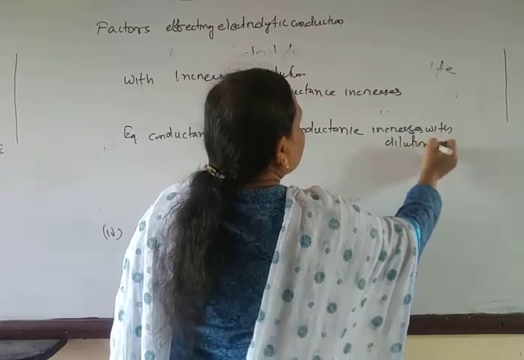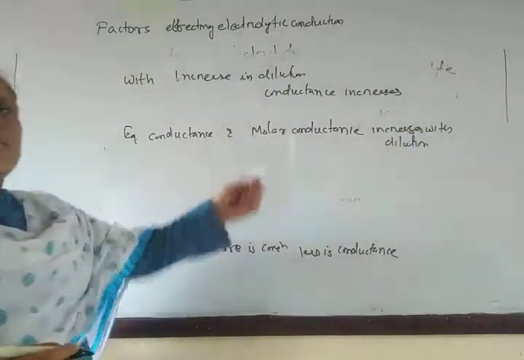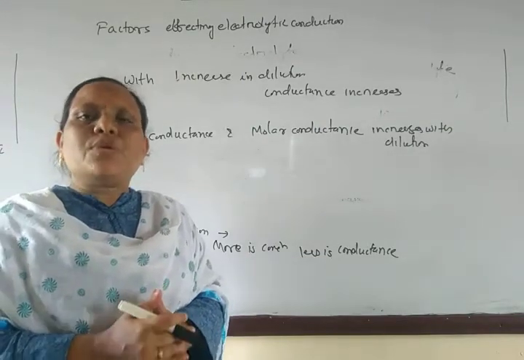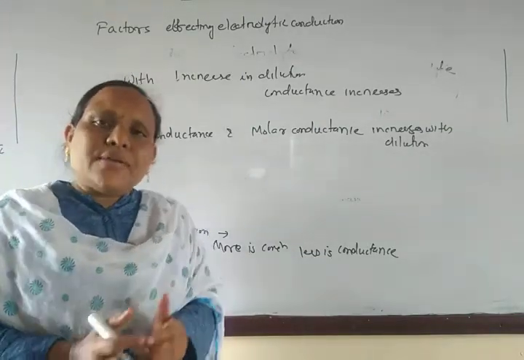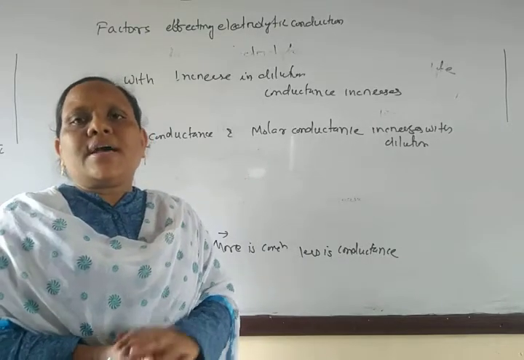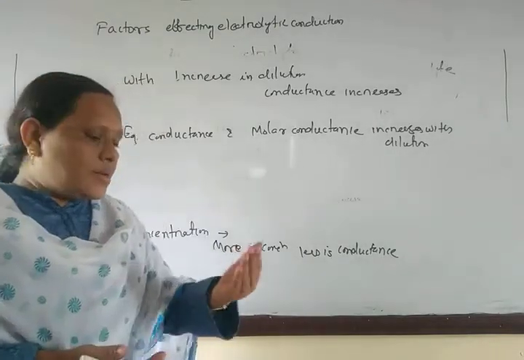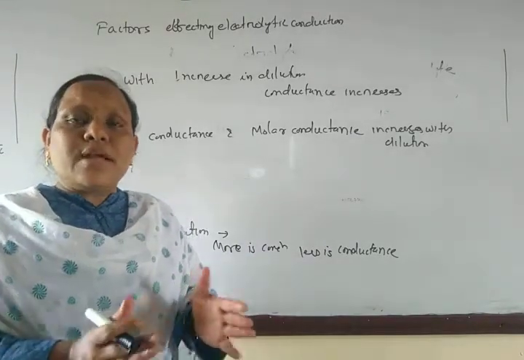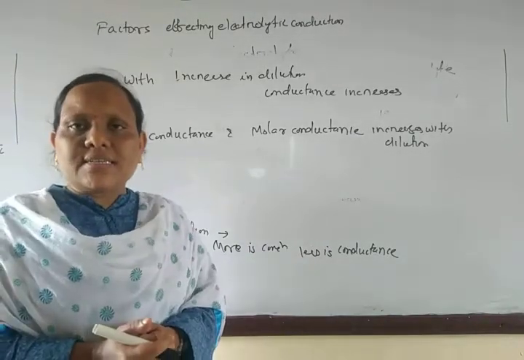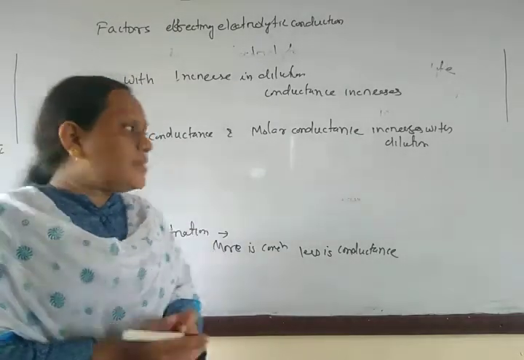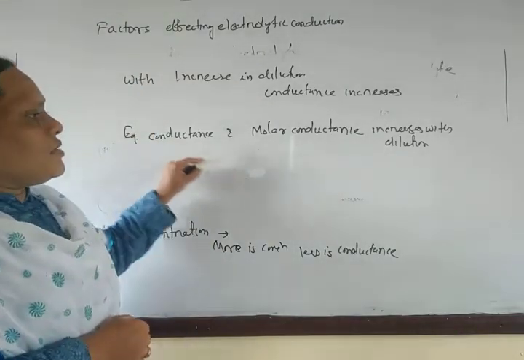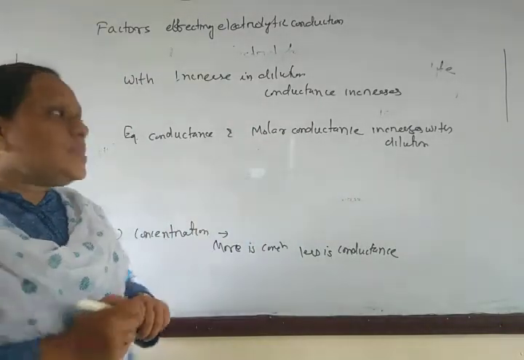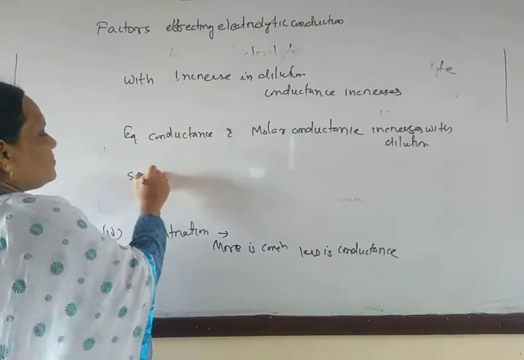Why does this increase? Because with increase in dilution, if more amount of water is added, then the ionization of the electrolyte increases. In case of weak electrolytes, ionization increases, and in case of strong electrolytes, the inter-ionic distance increases. In this way, movement of ions increases, so the equivalent conductance and molar conductance increase with dilution. But the specific conductance,